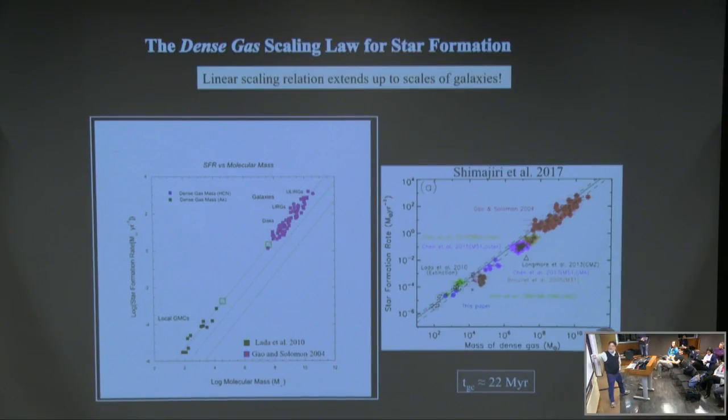I thought what was innovative about this paper was they explained that as due to the fact that if you talk about the total amount of gas that you're measuring with HCN, the alpha is much different. But it just so happens that if you're only interested in the very dense gas, an alpha of 10 just happens to come out to be correct. I don't know if I believe that or not, but I'm just showing the data. If I do the same thing in Orion, I get a significant